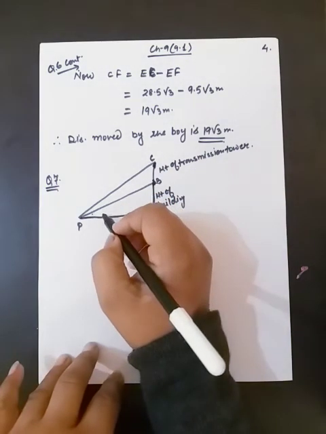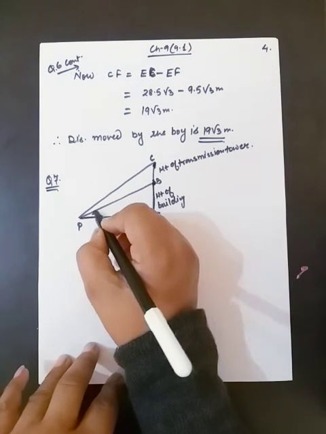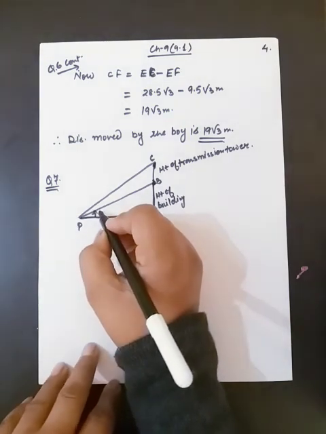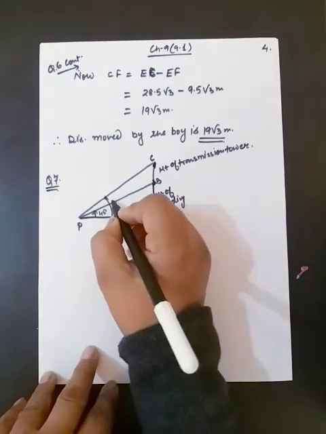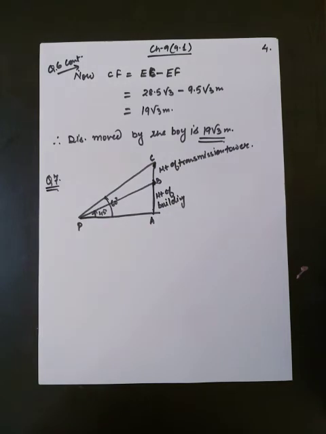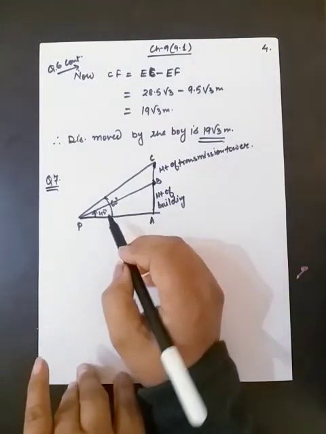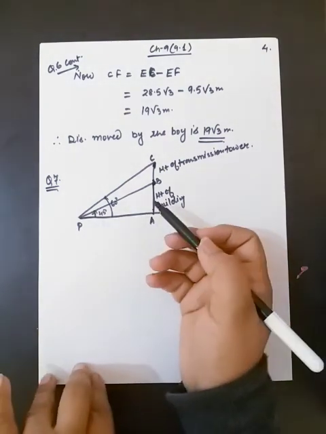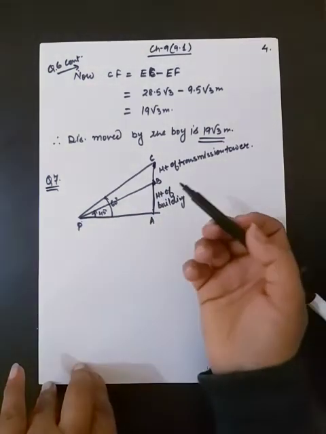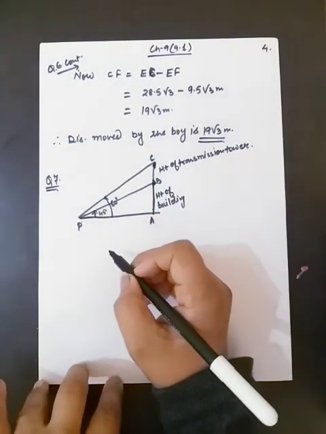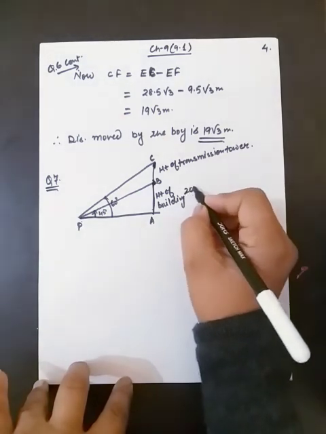So in both of the cases the angle will be different. And this is the smaller angle. So this is of 45 degree and this angle is of 60 degree. Students, it is very compulsory to make the figure correct. If your figure is correct, then you will do the solutions correct and mark the angles carefully. Now again we are having two triangles ABP and APC. Again we can apply T ratios, and here the height of the building is 20 meter.